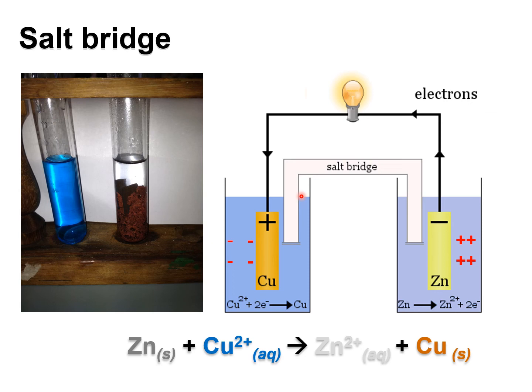And this is obtained by means of a salt bridge. The salt bridge is a conductor that allows the two solutions to be connected so that the circuit is closed. When a circuit is closed, you can have electricity flowing through it. If the circuit is open, it's like when your lamp on your desk has the switch in the open position, the light bulb is off because the circuit is not closed.